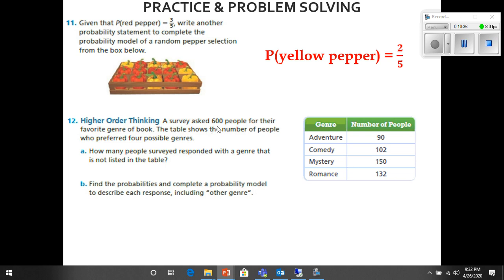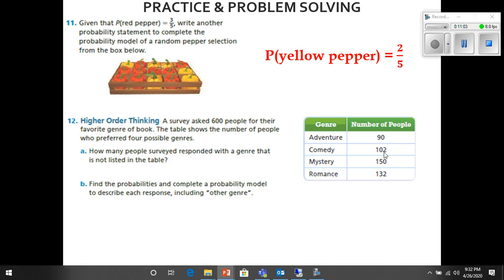Well, remember they said there were 600 people. We have to add up all these, and if I do, I see that there is 132, plus 150 will give me 282. Now we have 282 plus 102. Well, 282 plus 102 would be